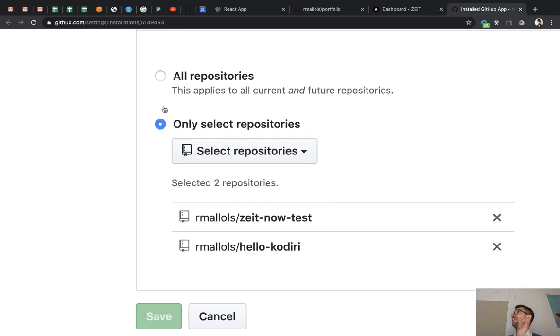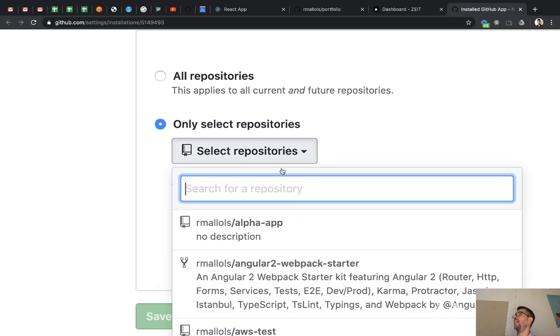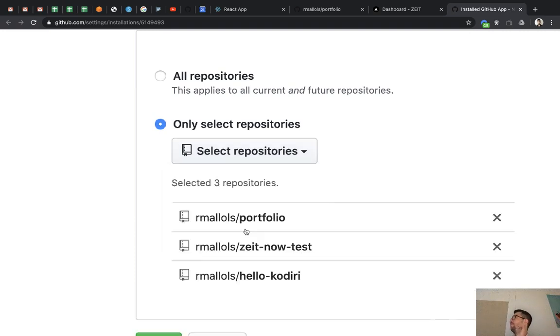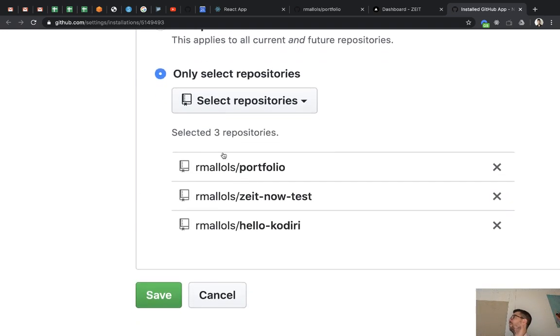I mean, if you don't want to mess around, you can enable all the repositories, and that's fine. But because I have some private repos, including Codery, I'm not a big fan of giving access to Codery to someone I don't trust. But that's up to you. Depends on how you estimate your privacy, guys. So if I only select some repositories, hopefully if I type portfolio, here you go, you see? That's my new repo. So now, portfolio in theory should be available. So if I save,